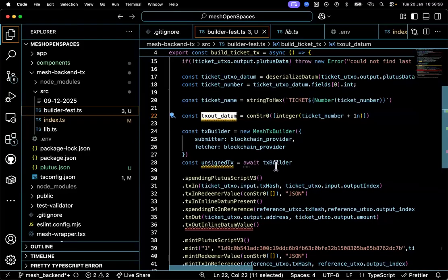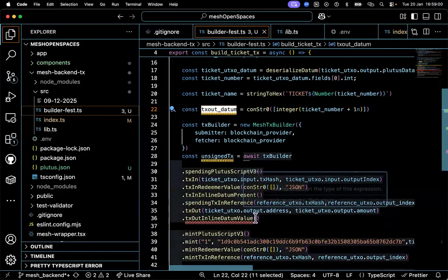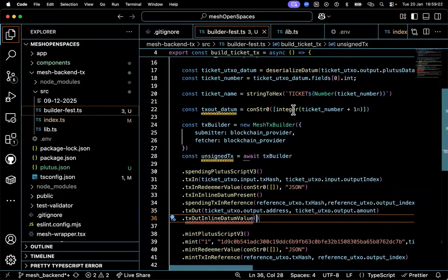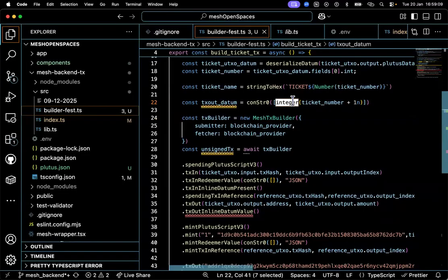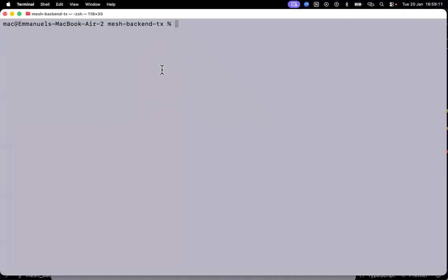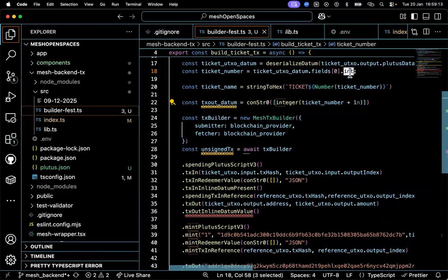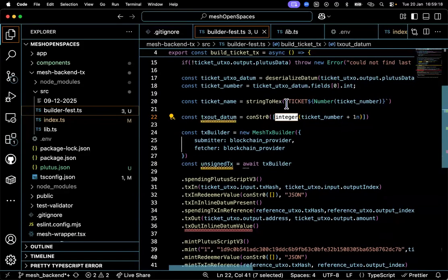Here I don't understand why we are wrapping this again with an integer. Can't we just leave it as a big int, just ticket number plus 1n? No, it won't work. This integer is the one representing it, like constructor dot int. I don't know if it makes sense.